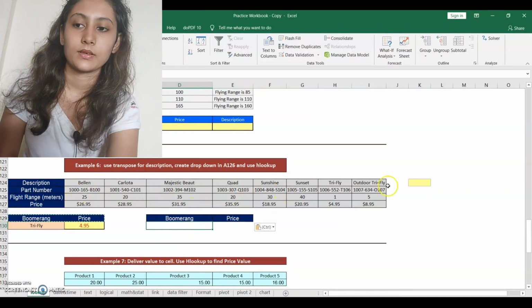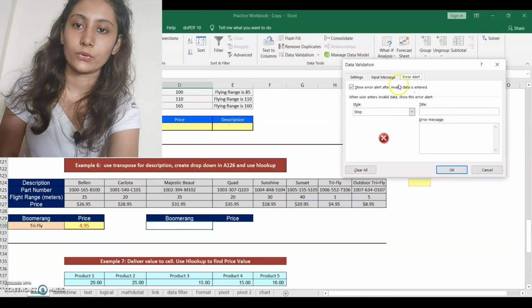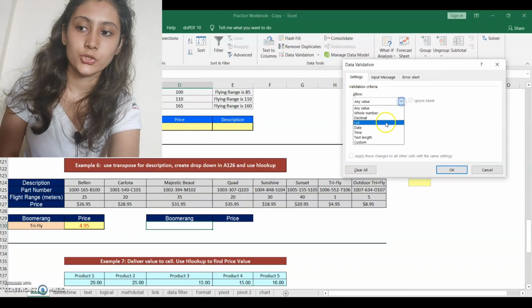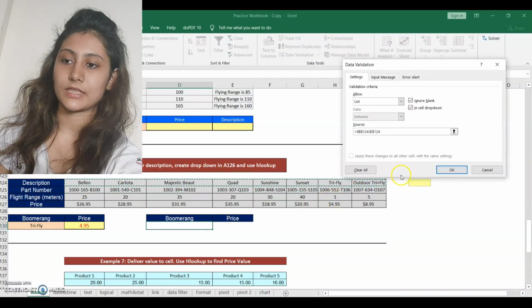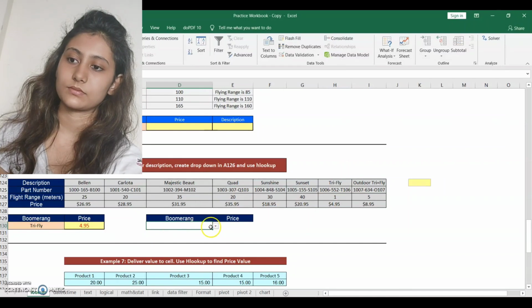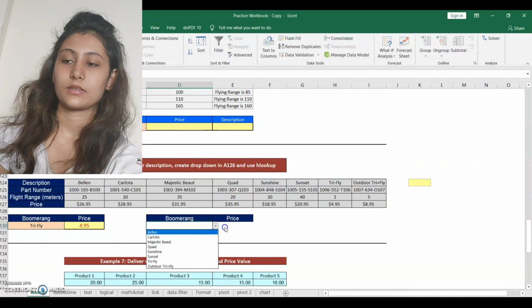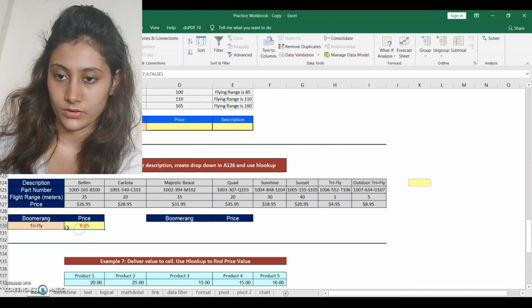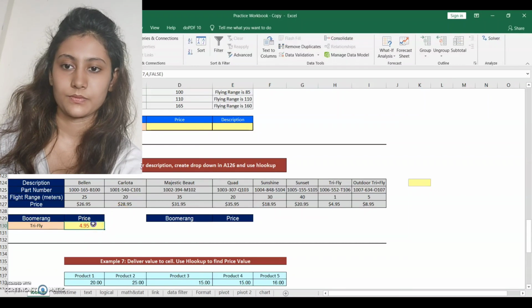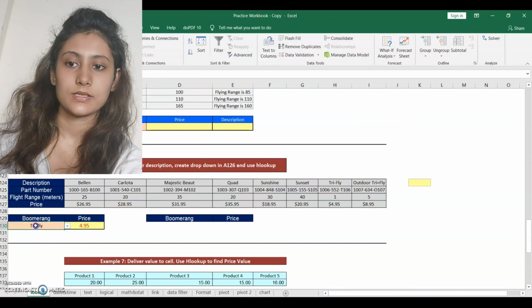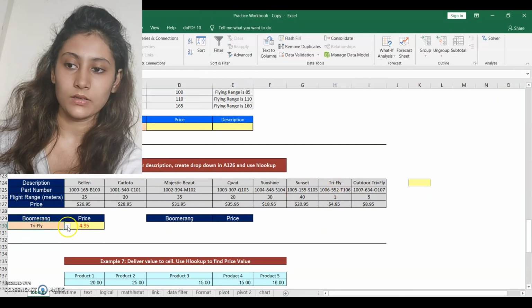First you have to create a drop down list using the selection. So here we have done this. Now we are creating a drop down list. So here accordingly the price of that Sunshine has been displayed. The same thing we are doing here for Boomerang, in the drop down list near the Boomerang.